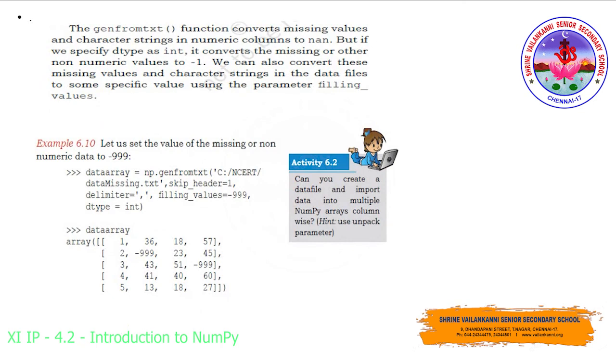This can also be replaced with some values even. I mean the missing values as well as the characters can be replaced with some values. Those are called filling values. Using the parameter filling_values, we can specify the values on our own in case a value is missing or if there are any characters in between. So if you see here, in genfromtxt, they have provided the path, then filling_values equal to minus 999. So in the place of absent, minus 999 will be replaced. Again, in the place of the missing value, minus 999 will be replaced. So this is how genfromtxt works.